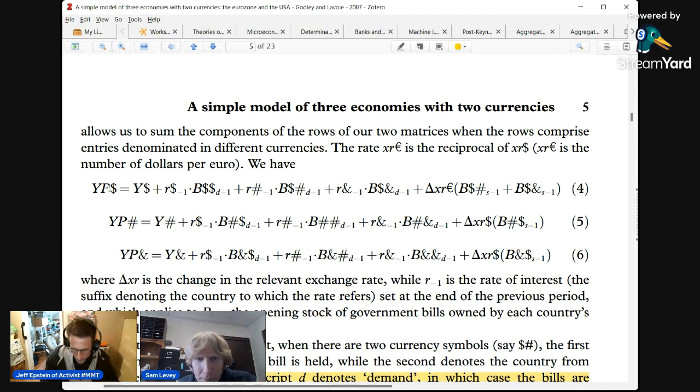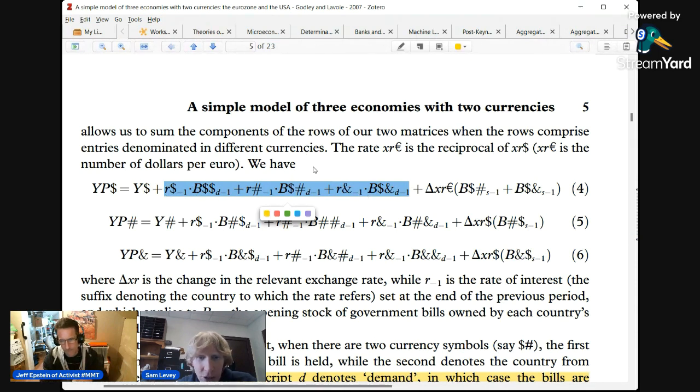So YP, did you catch what YP stands for here? Personal income of households in the United States. And so there's basically 3 sources of income, or 3 categories that income comes from here. Did you pick up on that? One is the GDP. Yeah, so that's selling goods and services. Bills. Okay, and so the bills owed to the United States is also income to United States households. Well, this bit here is the interest on these 3 different assets.